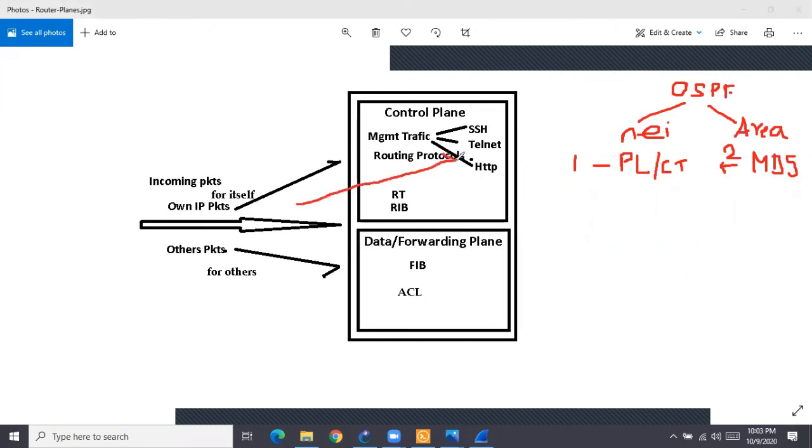Processed by control plane. And once it comes to the control plane, who is standing here? This guy, cop, is standing. Cop says, hey, where are you going? He says, okay, I'm going to catch you. I'll put you behind the bar. That's the reason it is called policing. Policing basically means dropping.